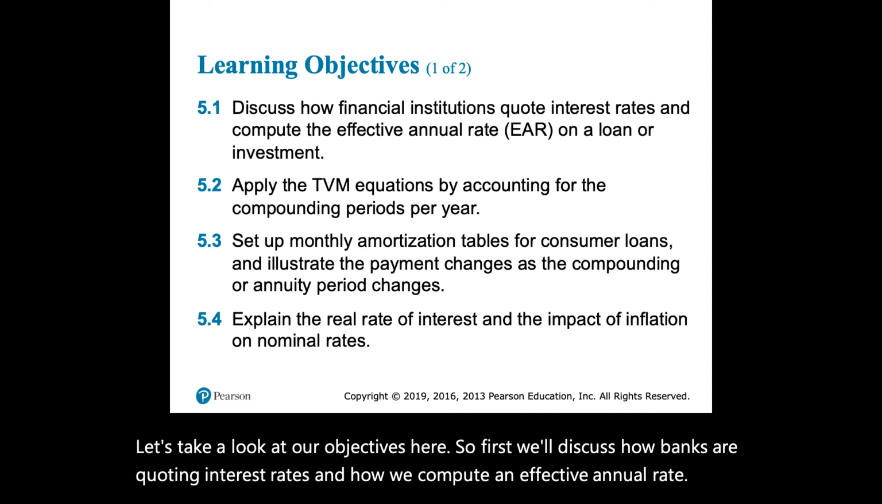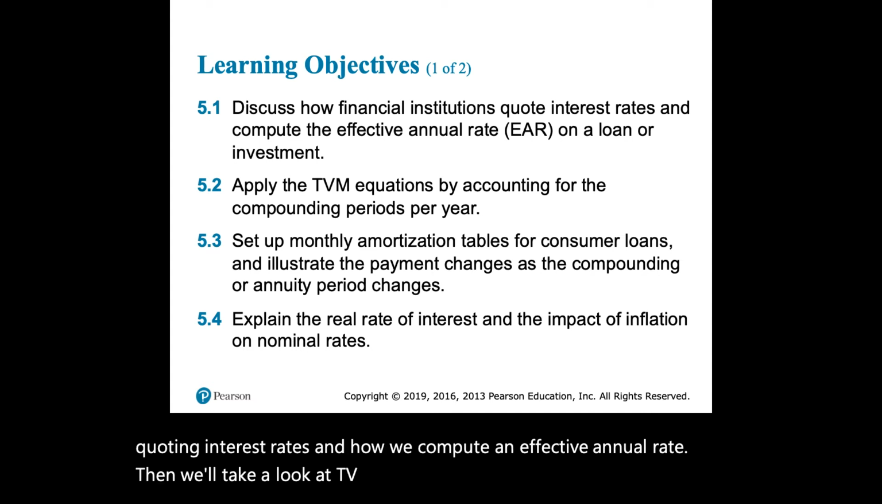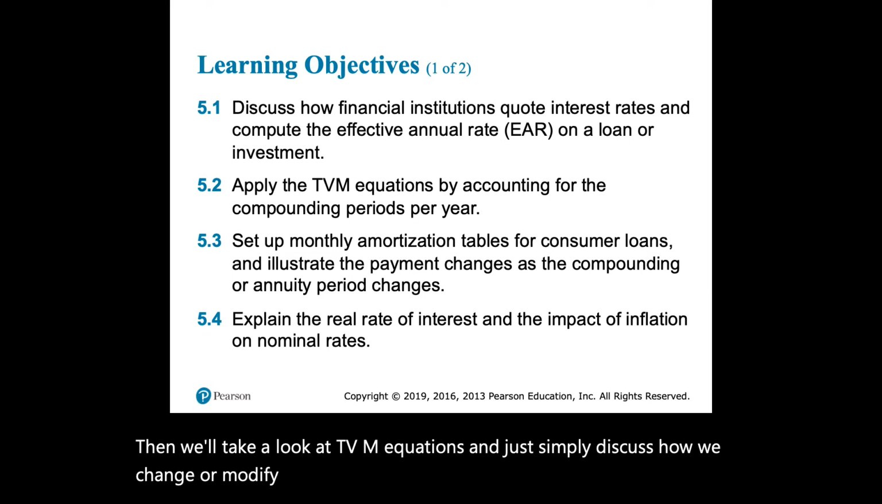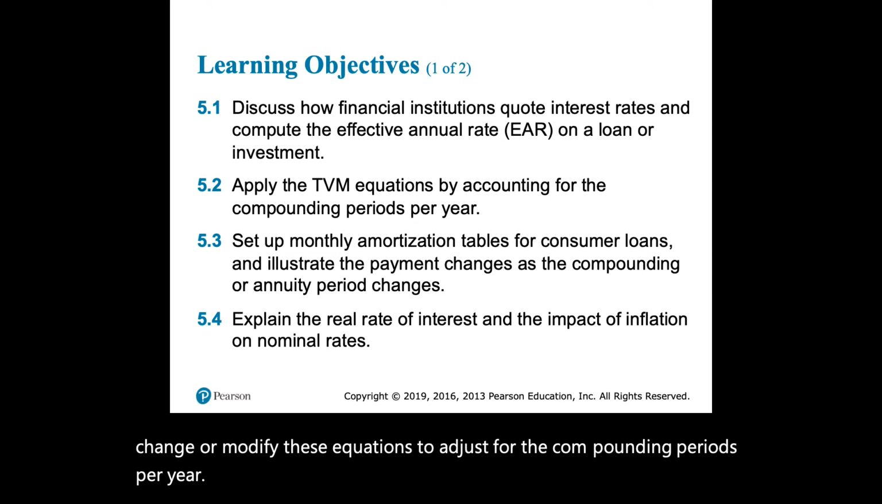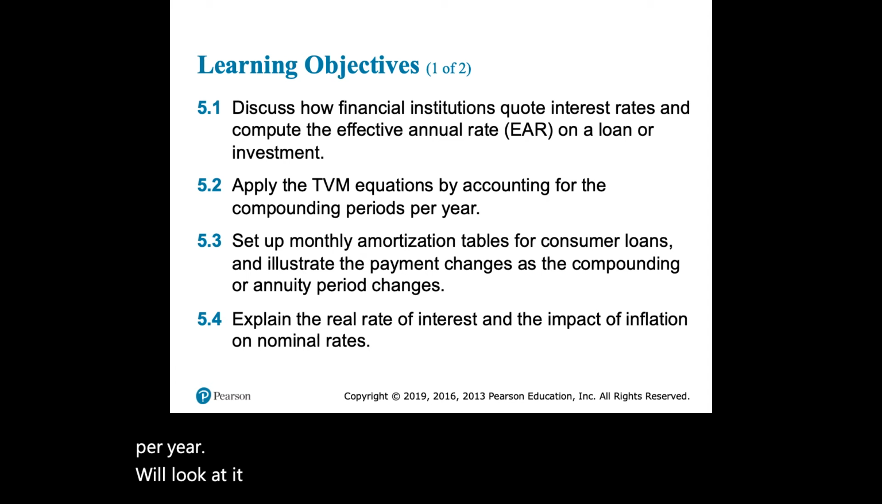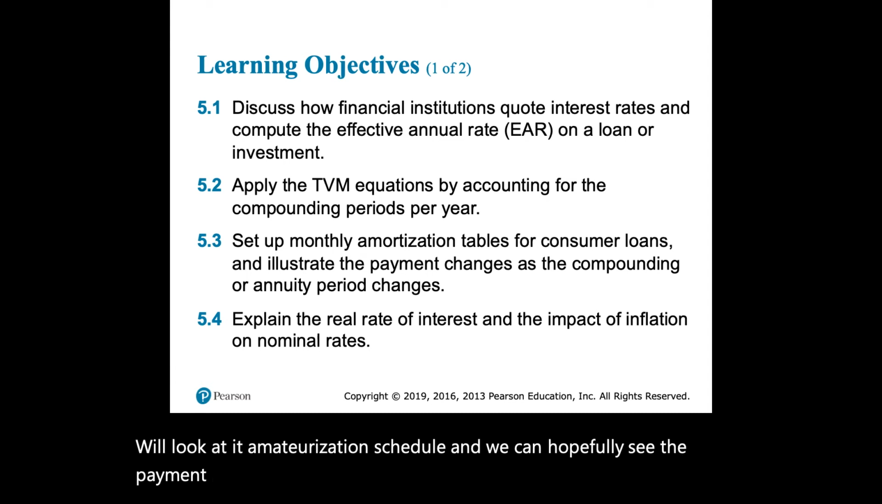Then we'll take a look at TVM equations and just simply discuss how we change or modify these equations to adjust for the compounding periods per year. We'll look at an amortization schedule, and we can hopefully see the payment changes as the compounding or annuity period